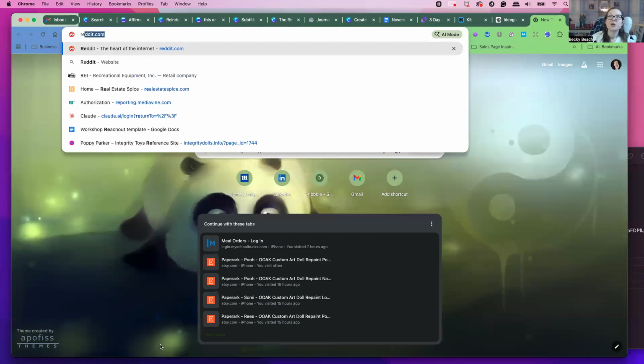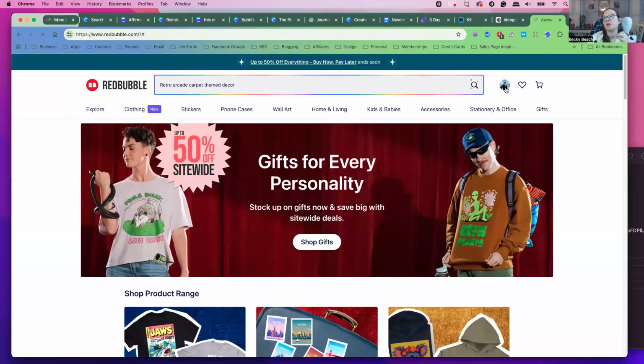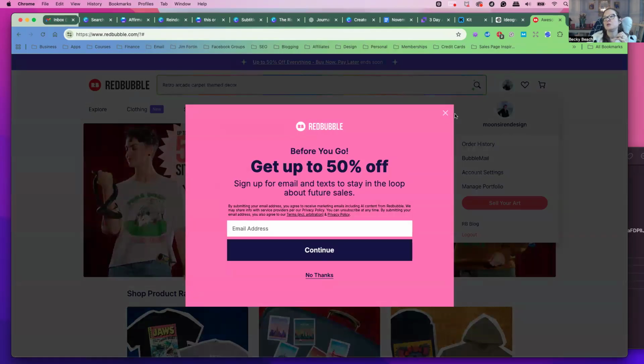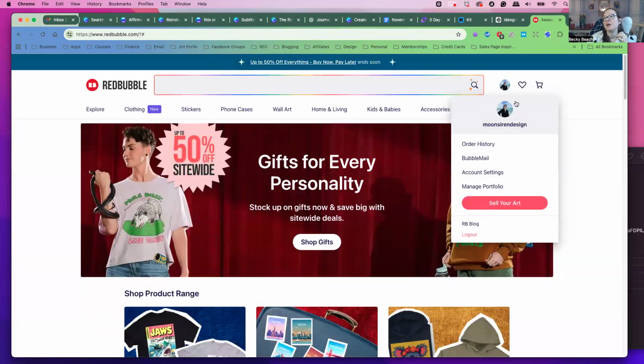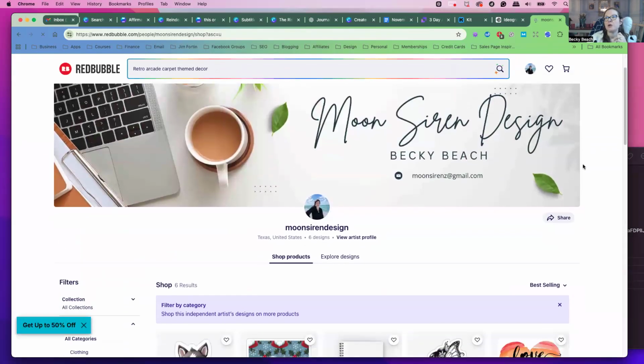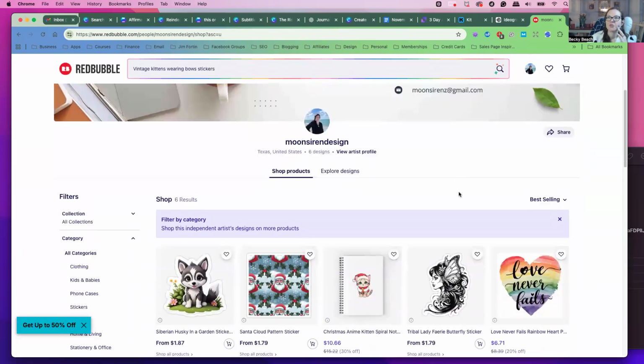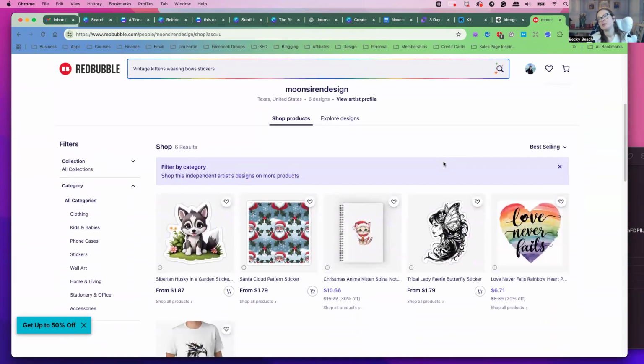Then there's also print on demand, and I make money from my Redbubble store, where I sell print on demand products, and we'll learn how to do that the third day. I'm really excited about that. I know we're out of time today, but I'm just really excited so you guys can see how to make print on demand products. This is my Redbubble store, and I'll show you how to make your own Redbubble store the third day. So that's gonna be so much fun.